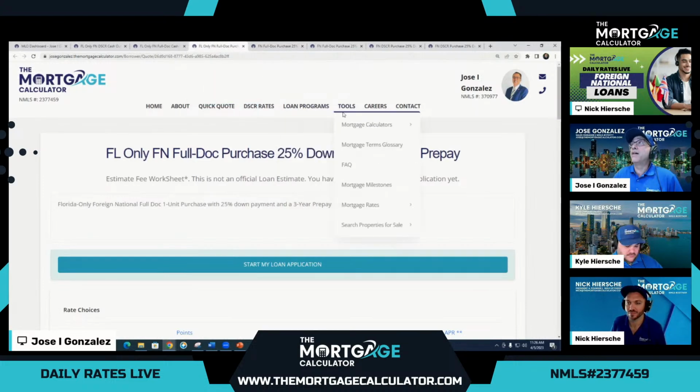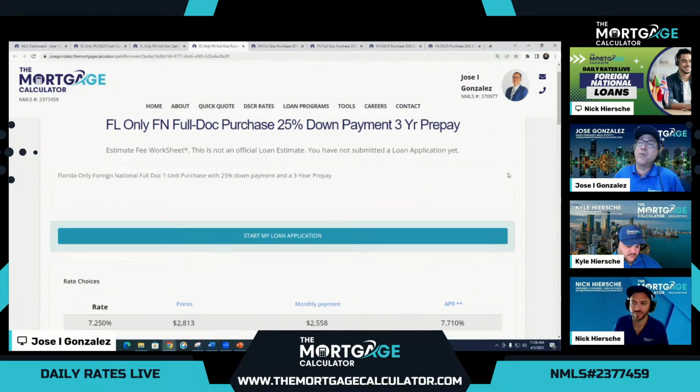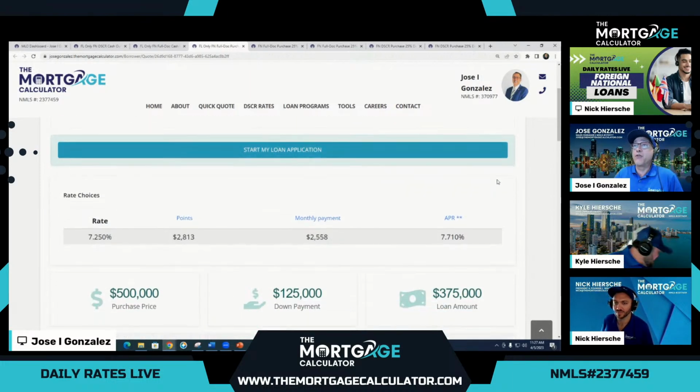So now we have our full doc, Florida only. This is a Florida only option. It's available for Florida and available for New York City co-ops $1 million and over only. So here for Florida, if you have your foreign national option, this is a 7-1 ARM. This option is only adjustable rate mortgages, but note the 7-1 ARM is